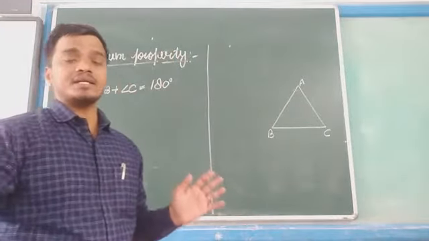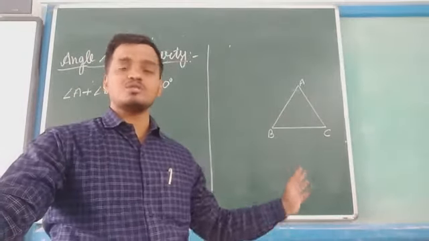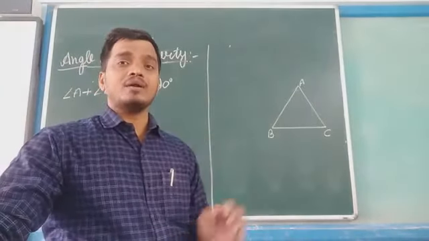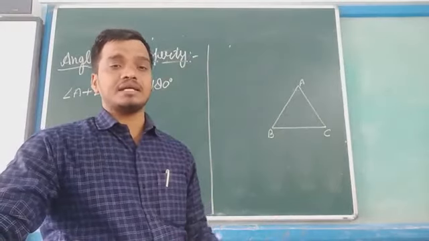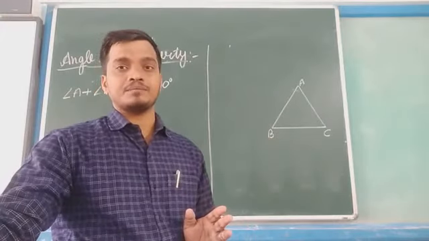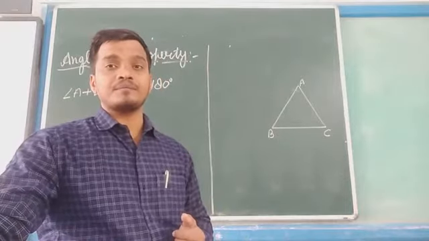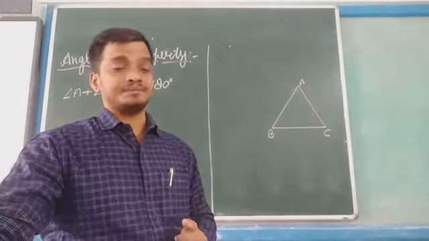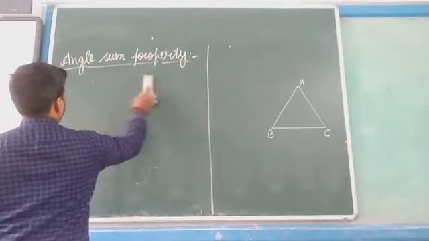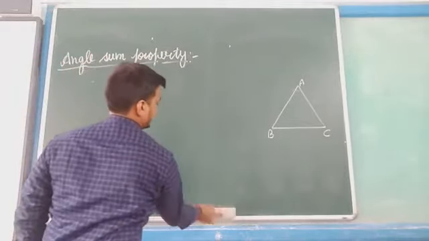It doesn't matter whether it is an acute angle triangle or right angle or obtuse or scalene or isosceles or equilateral. Any type of triangle will be there, when we add all the 3 angles of the triangle, its addition will always come equal to 180 degrees. Okay? How can it be done, and how can we prove it? So let me prove it. You don't have to revise it again and again, but you should know it. Let me tell you.